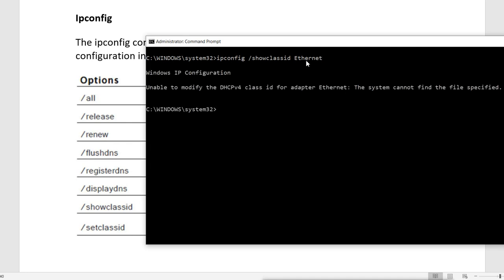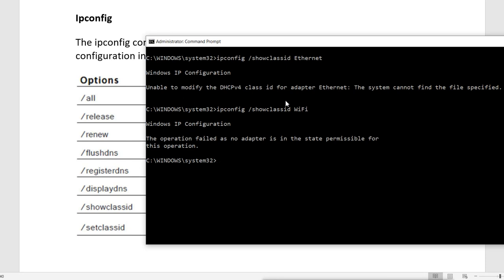Now this adapter is not connected, so it is saying unable to modify the DHCP class ID for the adapter. The system cannot find the file specified. It is not connected basically. This one, I think it is connected, but it is not permissible because I have connected with my mobile network, so it is not allowing me to change anything or show anything.